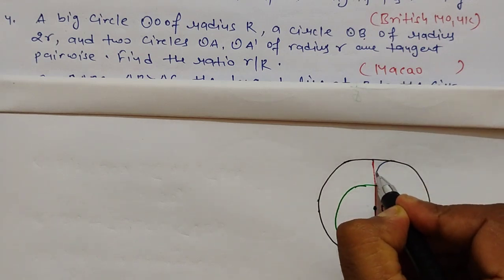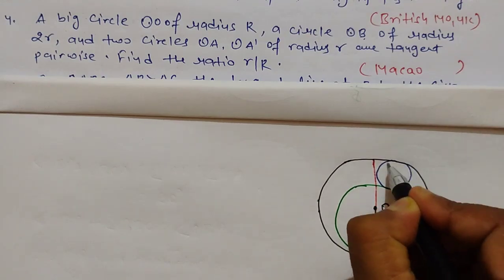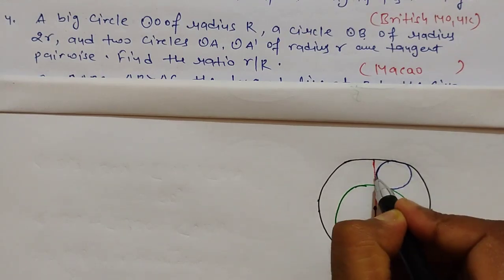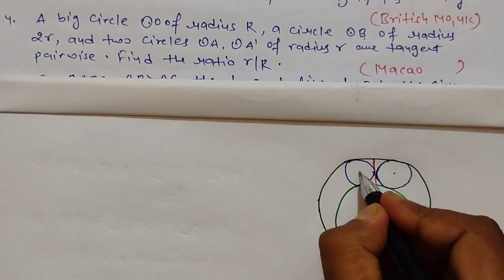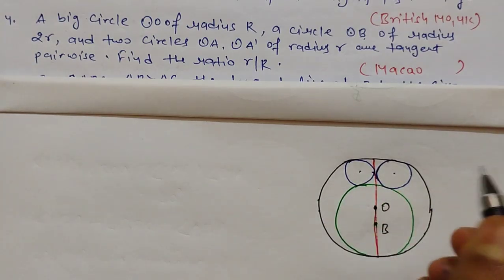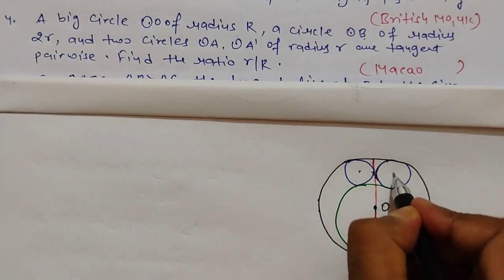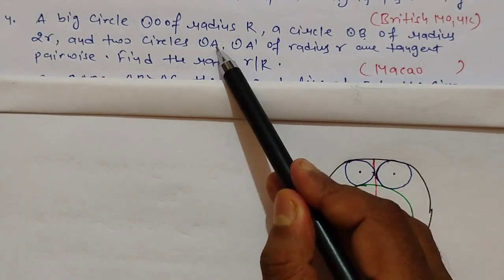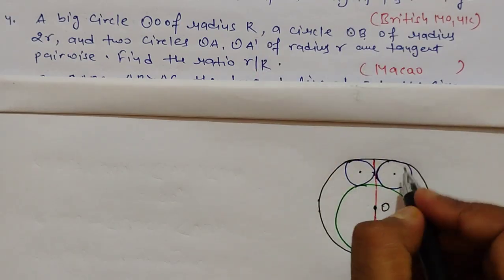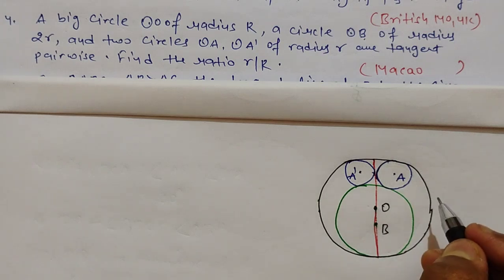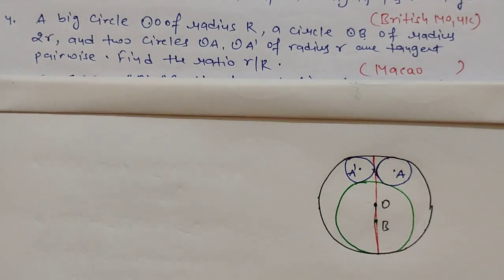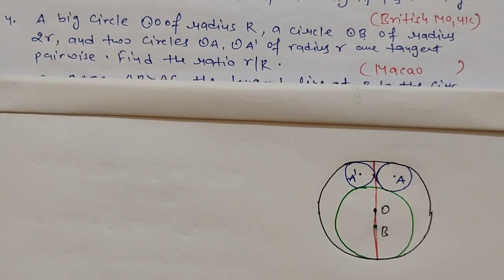So we can construct the circle likewise. And now we are naming these two circles A and A dashed. So this is A and this is A dashed, and one more important thing,